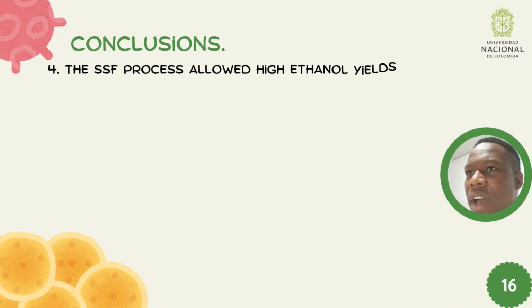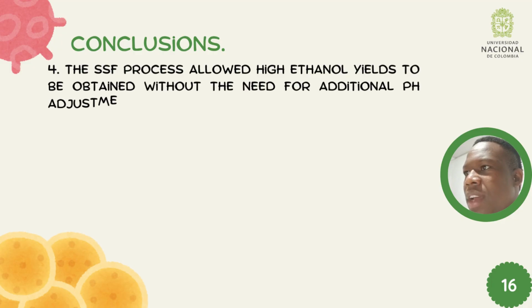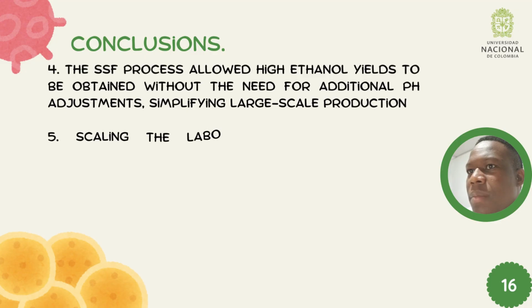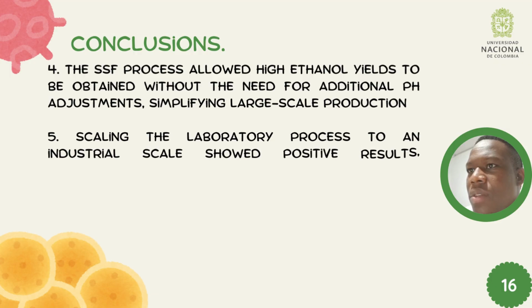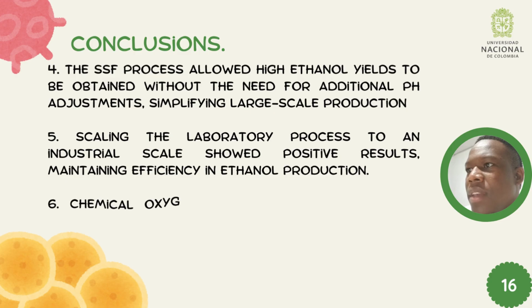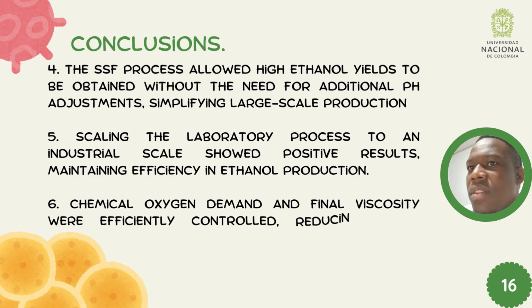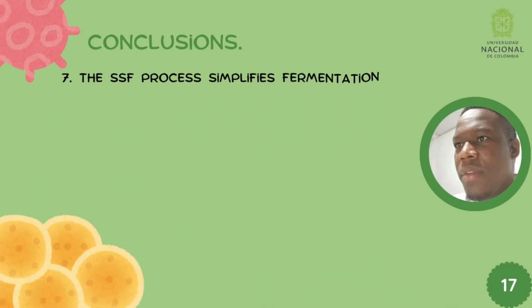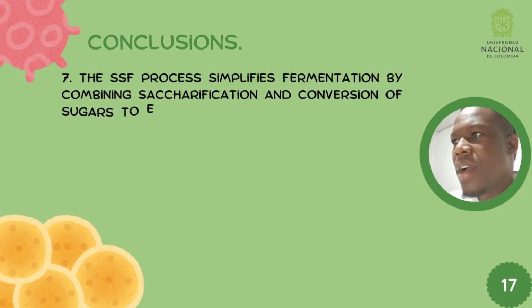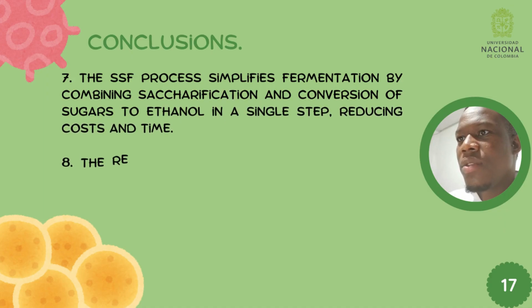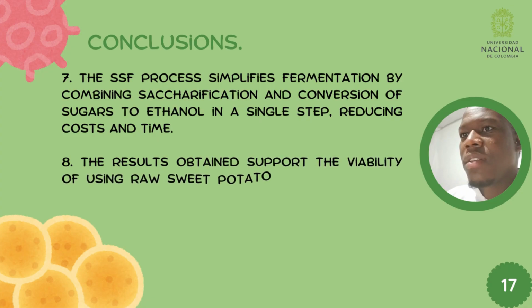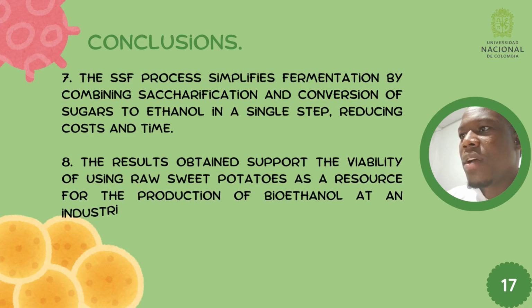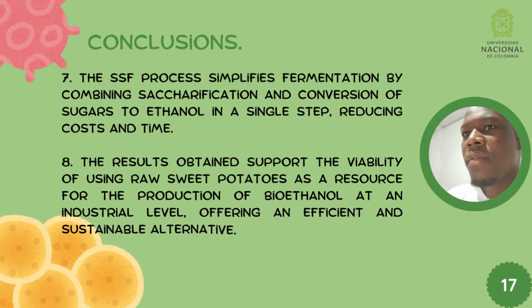4. The SSF process allows high ethanol yield to be obtained without the need for additional pH adjustment, simplifying large-scale production. 5. Scaling the laboratory process to an industrial scale showed positive results, maintaining efficiency in ethanol production. 6. Chemical oxygen demand and final viscosity were efficiently reduced, cutting huge treatment costs. 7. The SSF process simplified fermentation by combining saccharification and conversion of sugar to ethanol in a single step, reducing cost and time. 8. The results obtained support the viability of using raw sweet potatoes as a resource for the production of bioethanol at an industrial level, offering an efficient and sustainable